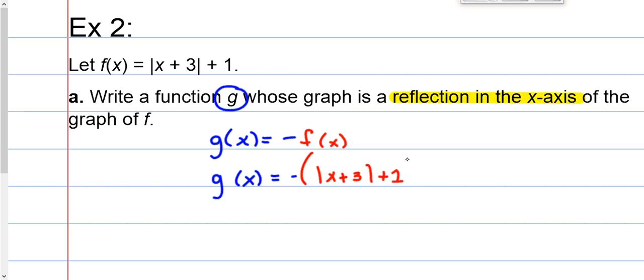Now I'll make my 1 look a little different here just to make sure we understand the difference between the absolute value bars and the 1s. So now don't let that little negative sign get lost. Don't forget about it. We still have to distribute. But the absolute value bars, you could think of them as gel bars. You cannot distribute into gel. You can't distribute anything inside those bars. So instead of distributing into those bars, I'm going to keep that negative right there on the outside of those bars. So I have the absolute value of x plus 3,